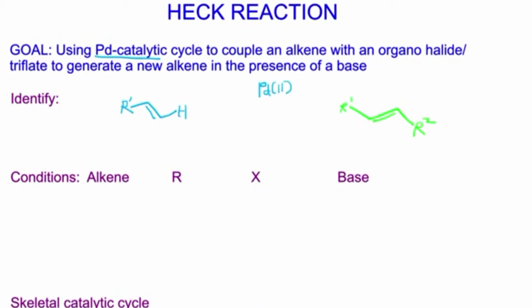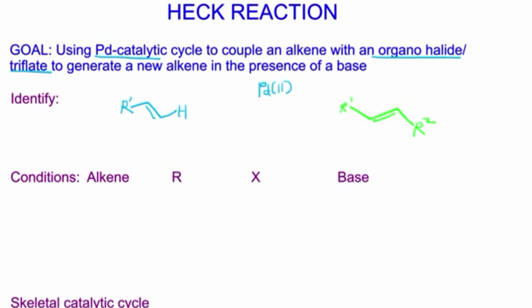You can use palladium 0, but it would take an extra step, through a process called ligand migration, to get to palladium 2, and most importantly the use of a specific organohalide or triflate